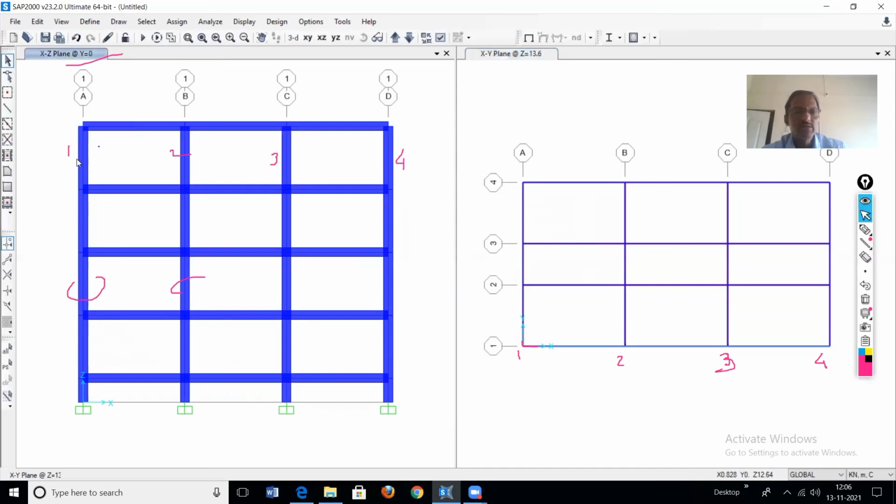So how to turn it, and how many such columns? First of all, those columns whose orientation is to be changed, just select them. These are the 2 columns here we have to turn.